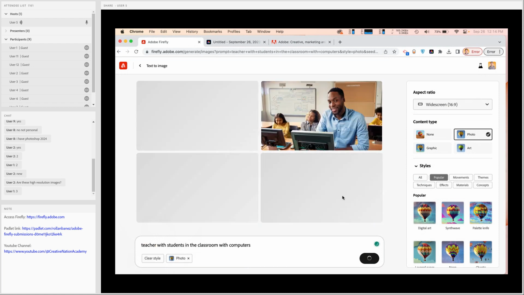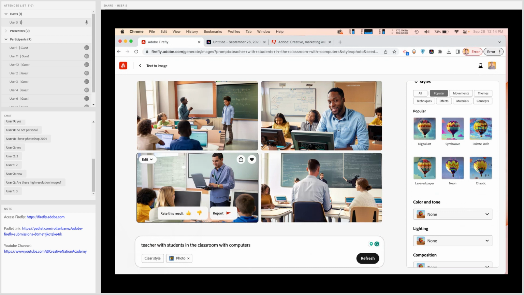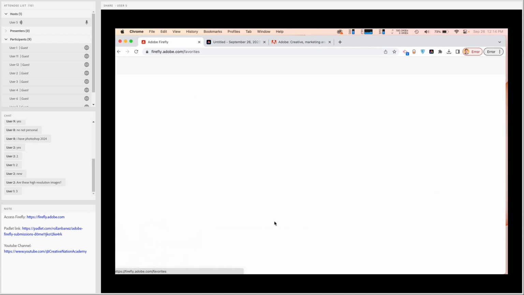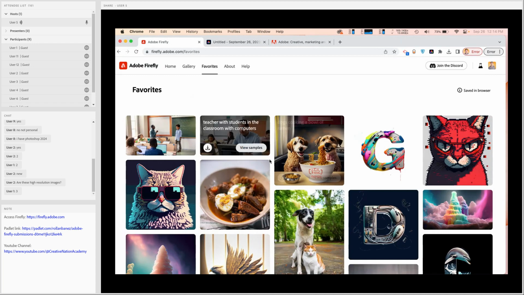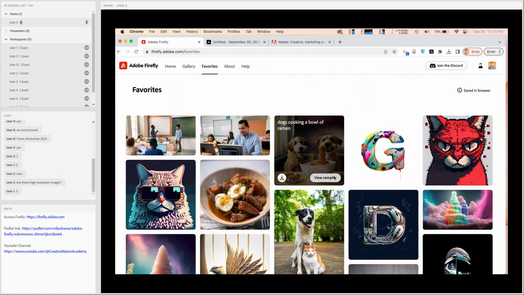For example, let's go back here. If I want to generate more, I can easily do so. And there's a lot of content types. You can easily create art, graphic, or even styles that you can use. For example, I like this one. I can easily use this one also. I can tap this as a favorite. And if I click on view favorites, you would see that all of my prompts are already saved inside of my account in Adobe Firefly, which is very helpful for you if you want to save